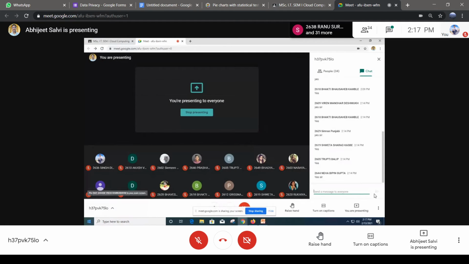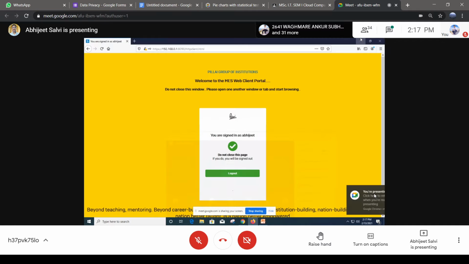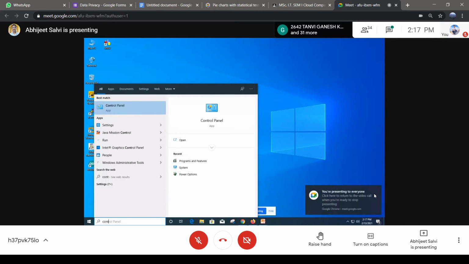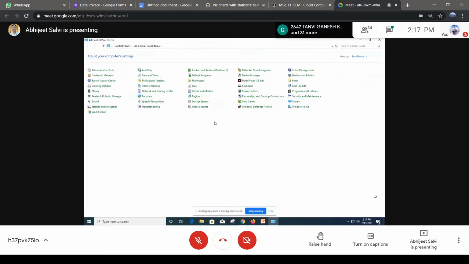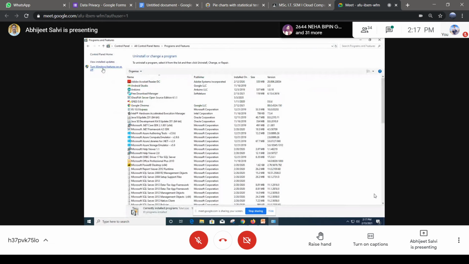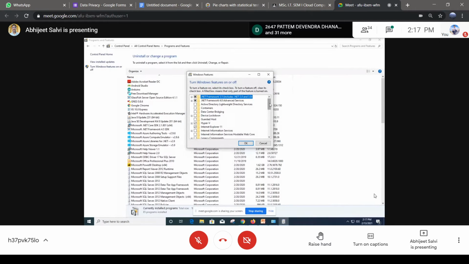You can switch to your Windows control panel and go to that. Let me minimize this. So we'll go by the control panel. After that, add remove programs, and we have to go by this option: Turn Windows features on or off. So you are already used to this, right? What we have to do in this tool is go down and make sure that this